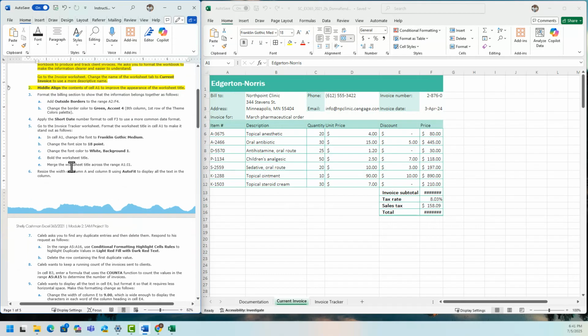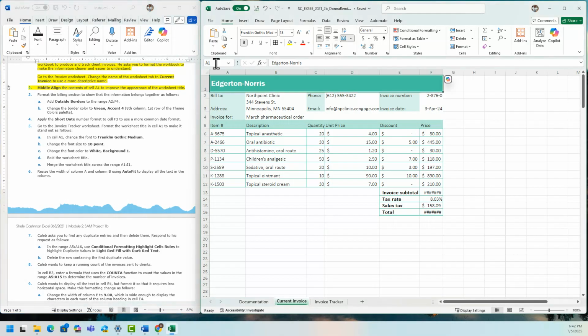Step 3, we're going to format the billing section to show that the information belongs together as follows. I'm going to add the outside borders to the range A2 to A4 and change the border color to green, accent 4, 8th column and first row of the theme colors palette. So to make sure I highlight the right range, go to the name box and type A2 to F4, enter.